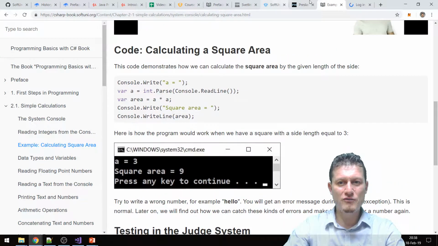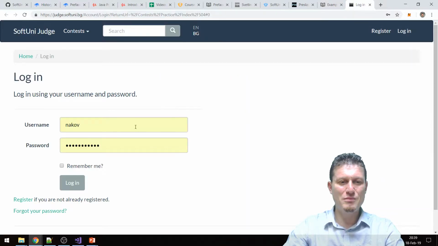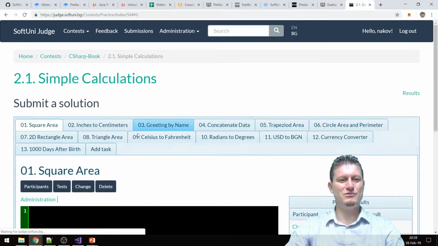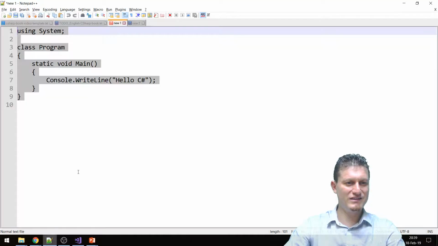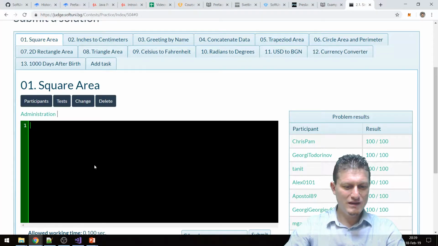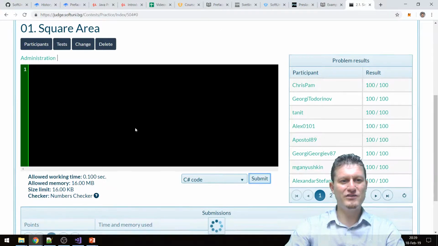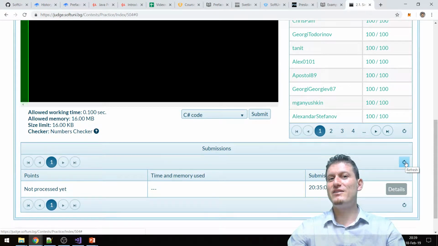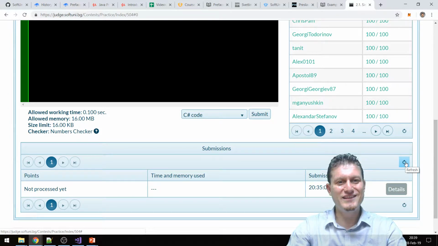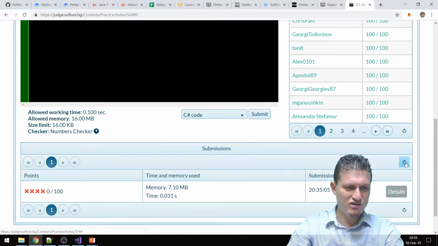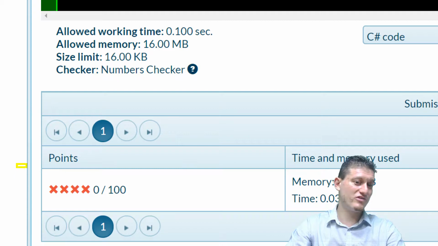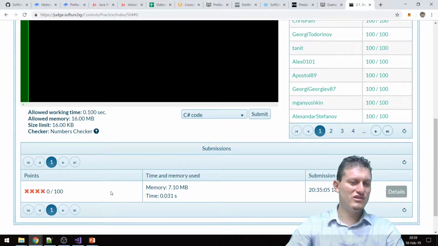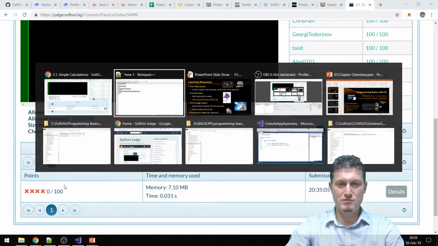So if you solve some problem, you can log in to the judge system and go here. When you put your code in this judge system, it will tell you whether this solution is correct or not. And this is for free. It's a service from the Software University, the so-called Software Judge, where you can check your solution. I submitted an incorrect solution now, so the judge says, oh, sorry, this is incorrect.